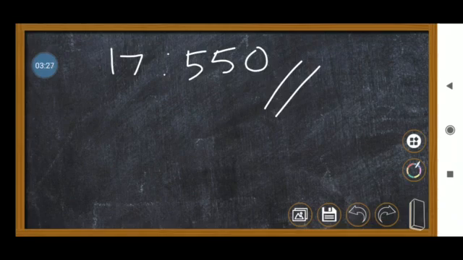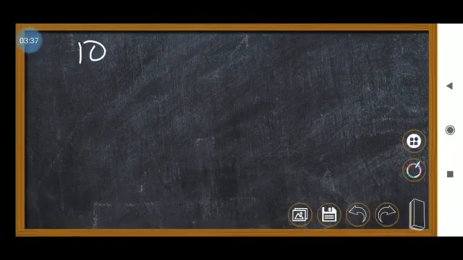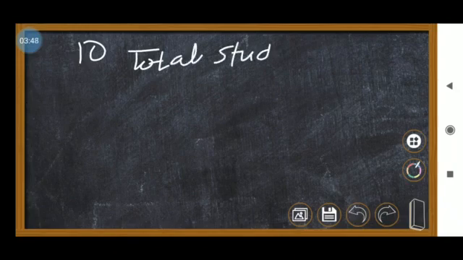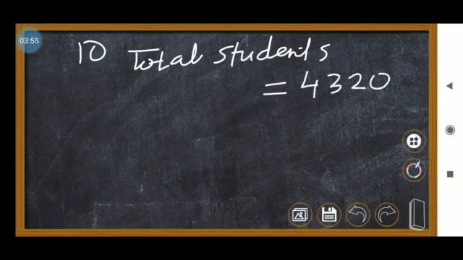Okay, that 9th question is over, and we are moving to the 10th question. In a college of 4,320 students, out of the total number of students, what is the given data? First you have to write that. So total number of students 4,320. Okay, 4,320 students, and among these 2,300 are girls.